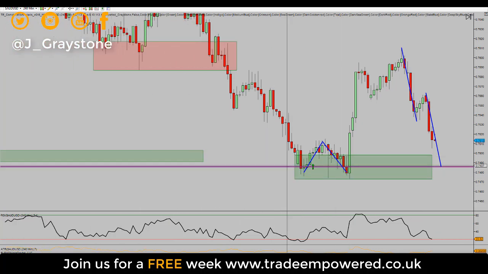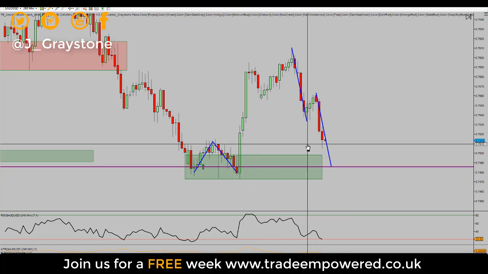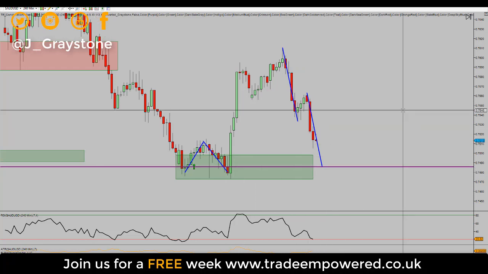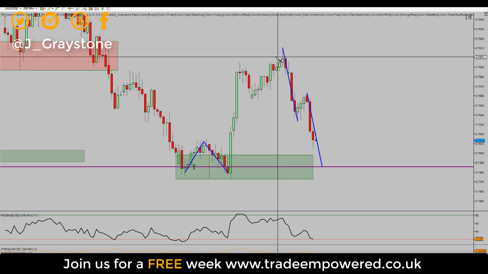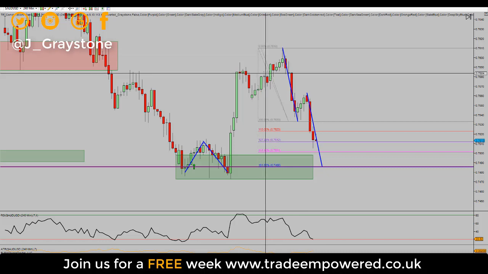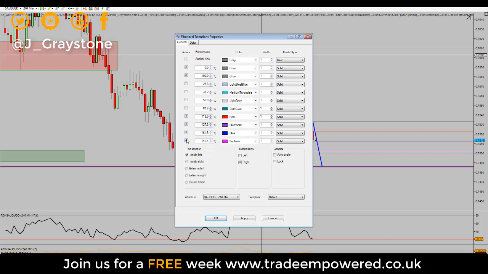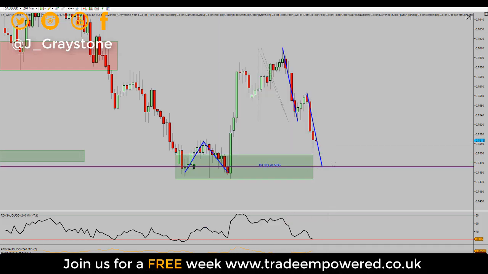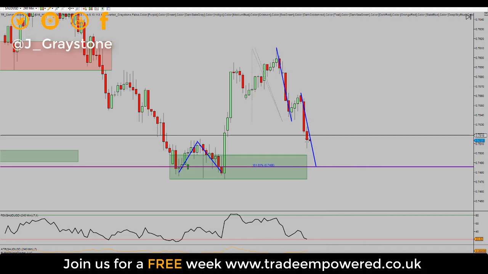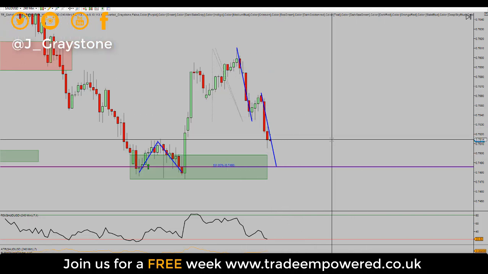74.86, which just so happens to line up in this zone at previous structure support. Okay, and what I'm going to do next is bring on the Fibonacci extension tool and see if we've got any confirmation or confluence down at that zone. You can see we've got a 1.618 lining up perfectly with that equal measured move down there as well. We're not going to get a fib inversion or anything like that in this case, but we are going to get